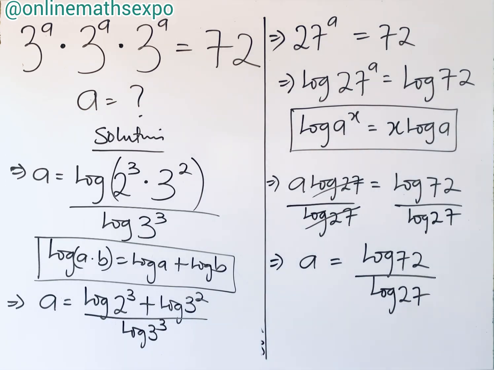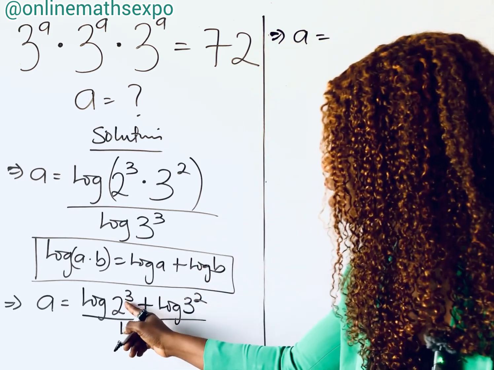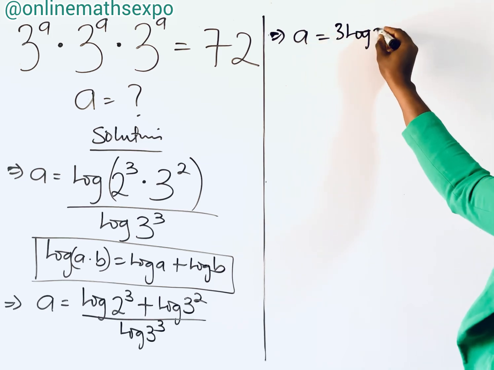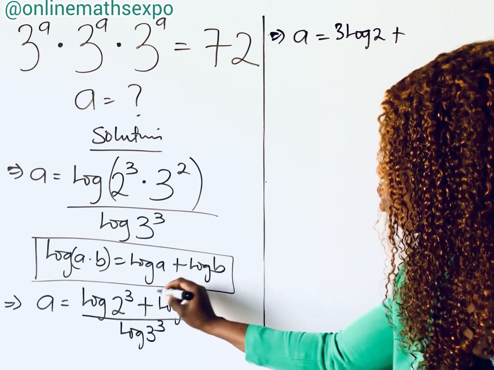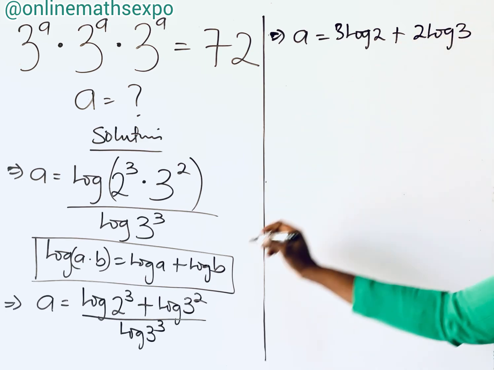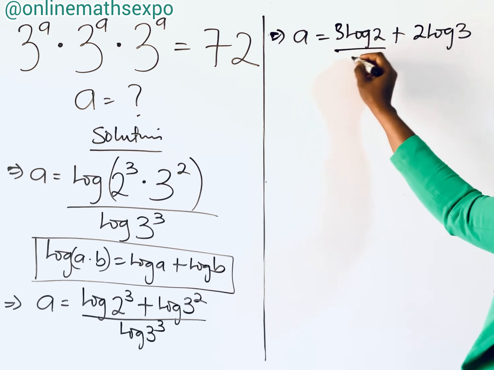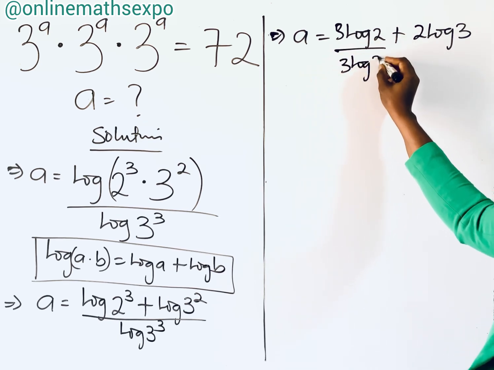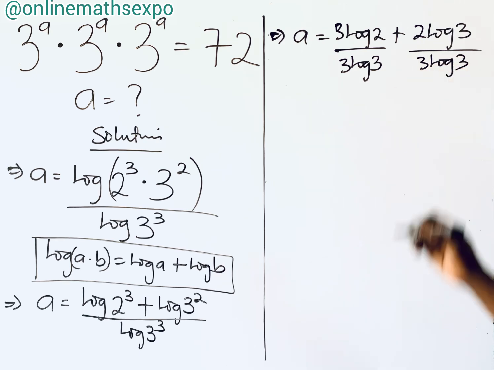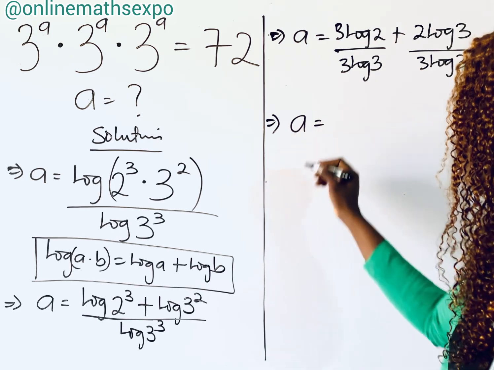Simplify more, we have a is equal to, now you observe that this power multiplies the log. So we're going to have 3 log 2 plus, this power will multiply, so we have 2 log 3, and these numerators can be divided by this. We have divided by 3 log 3. Interesting. So we keep simplifying this. a is equal to,